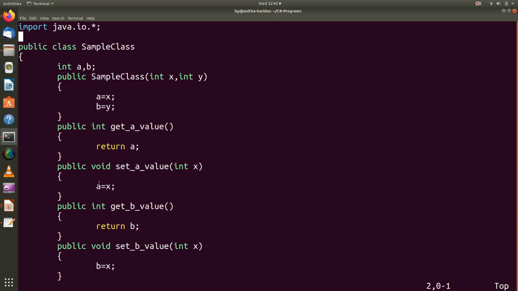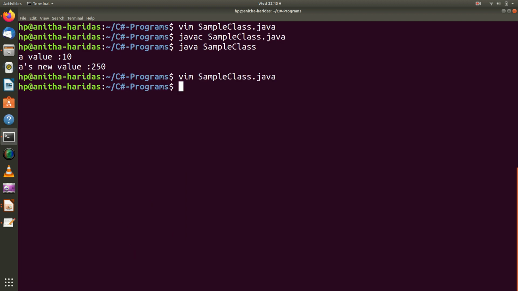Set methods are used for updating the value of these private fields. So these private fields will not be accessed outside the class, but outside the class these can be manipulated using the set and get methods. This is what we generally do in any of the programming languages, especially in the object oriented programs.